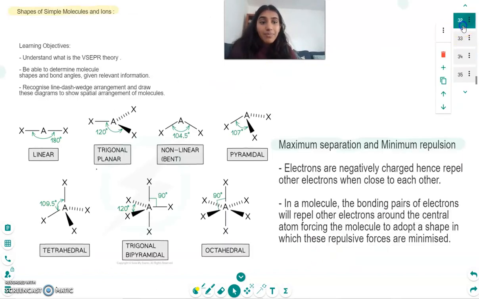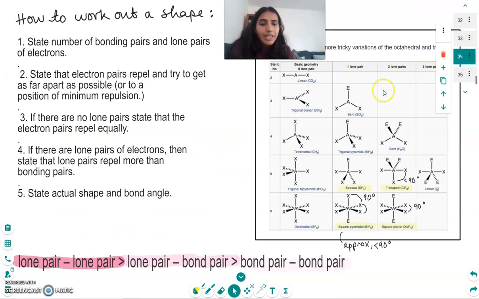Generally, for your exam, as I stated before, all you need to know are these few angles and the shapes associated with them. So there's 7 different ones you should be very confident with. However, sometimes you can be asked to work out the shapes, not the shapes, but the configurations of more complex ones. And so here are a few of the more complex ones, such as seesaw, T-shaped, square pyramidal, and square planar. So I'll give you an example of what a square planar one could be, xenon tetrafluoride. And so that is Xe